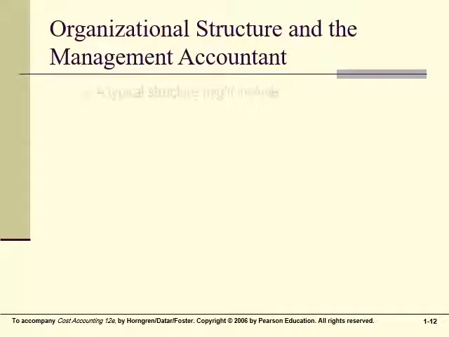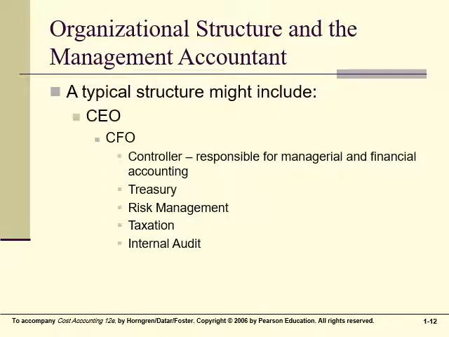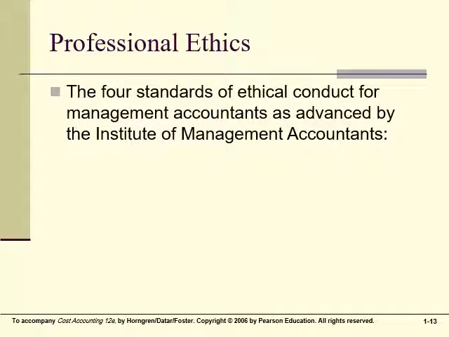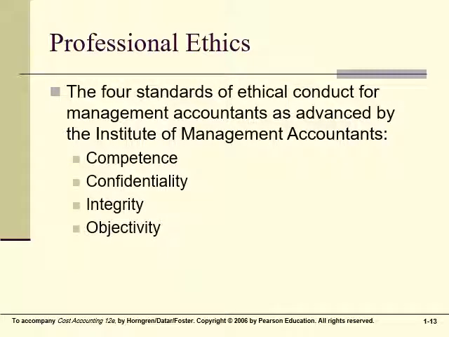Organizational structure and the management accountant. A typical structure might include the CEO and the CFO, and, as you can see, a number of positions under the CFO. Professional ethics. The 4 standards of ethical conduct for management accountants, as advanced by the Institute of Management Accountants, IMA. These professional ethics include competence, confidentiality, integrity, and objectivity. These ethics should be provided by the management accountant throughout his or her working in the